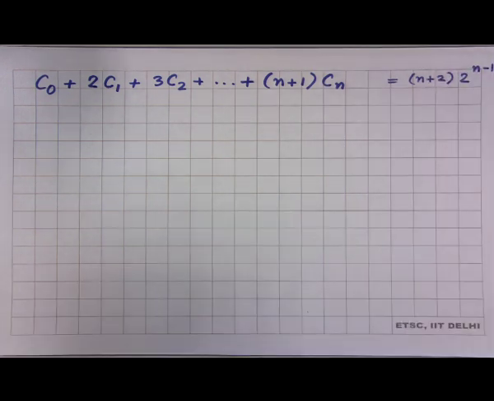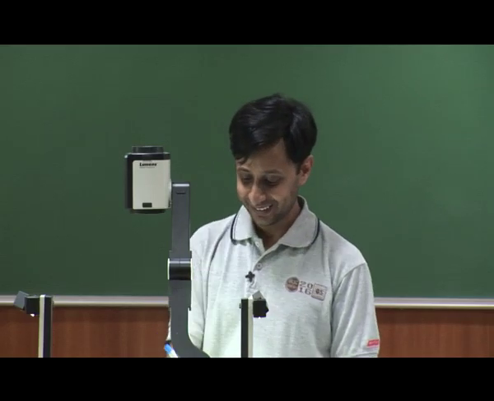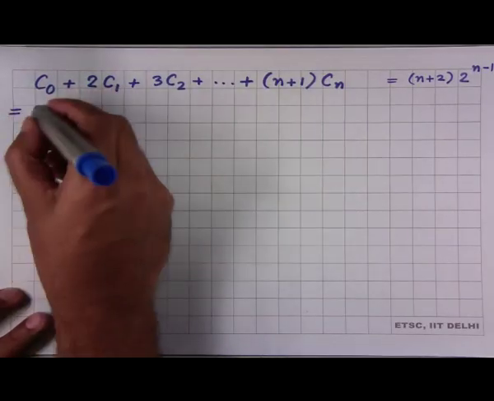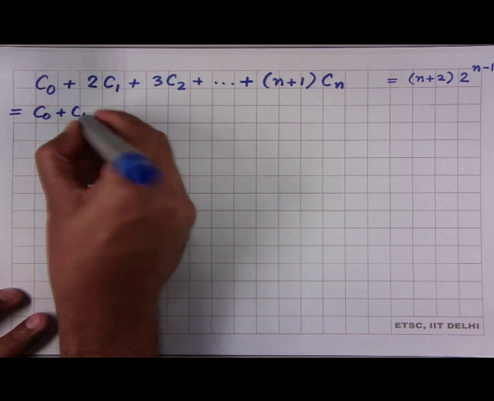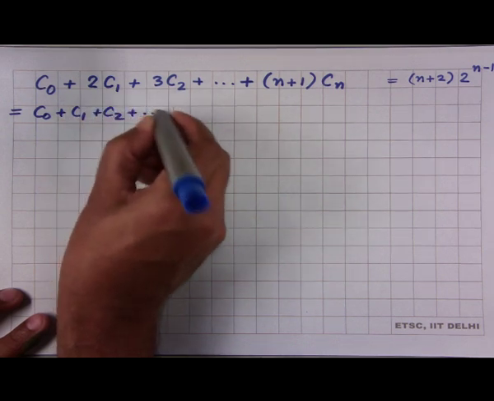So, there are actually two nice ways of doing this. The first one, what do you think? This is very easy, right? This is equal to C 0 plus C 1 plus C 2 plus so on,